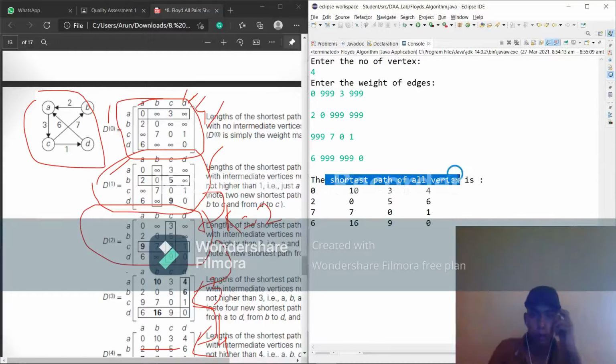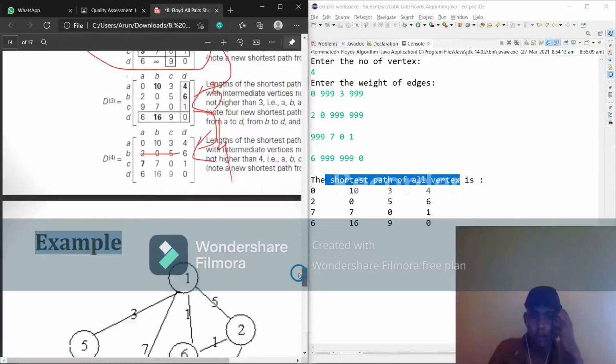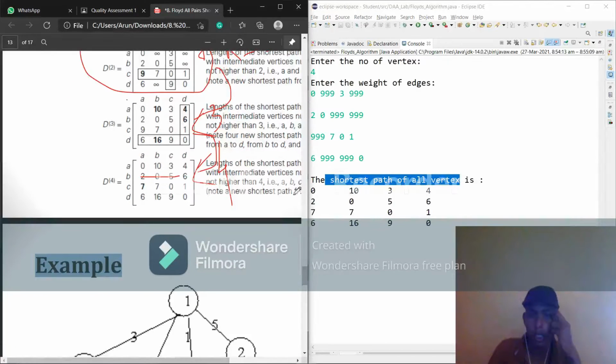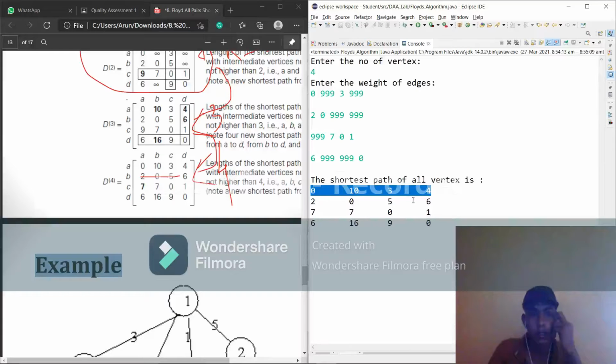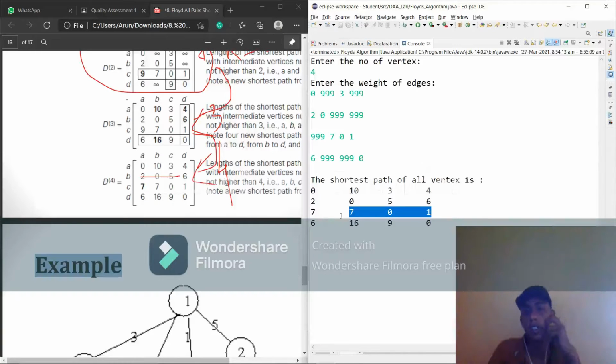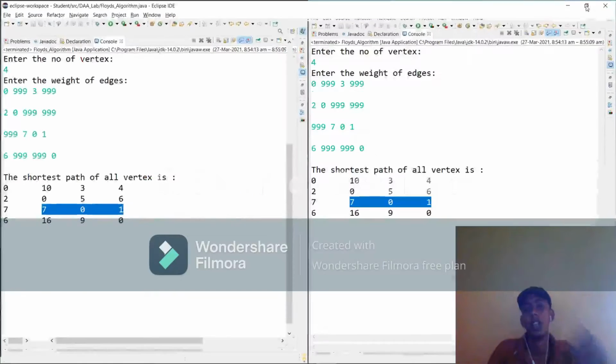So this gives the shortest path of all vertices, and the final answer is the last matrix. See here, first row 0 10 3 4, second row 2 0 5 6, third row 7 7 0 1, fourth row 6 16 9 0.